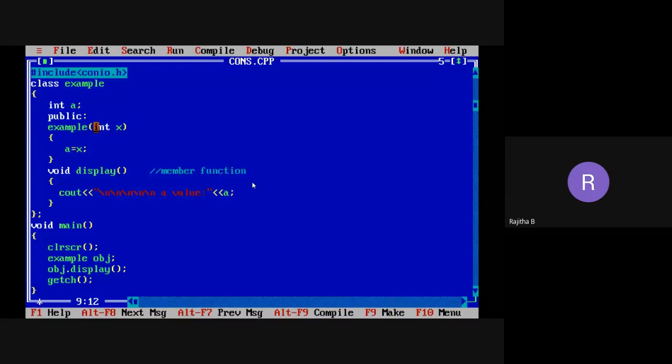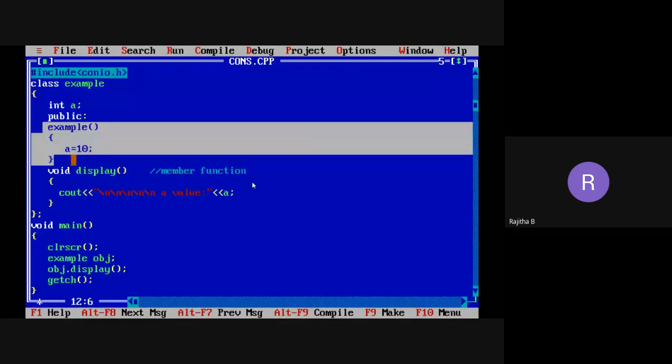I'm not taking any parameterized constructor, but I want to assign the values using a user-defined constructor. So this is a user-defined constructor, isn't it? Now I am creating the object. So when you create the object, automatically the constructor function definition will be executed, and the value 10 will be assigned to your data member A here.